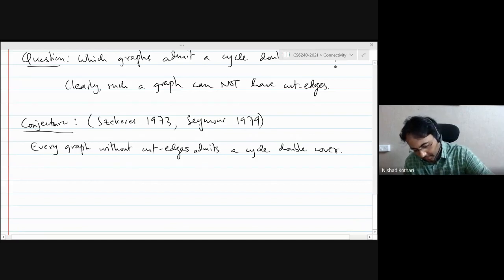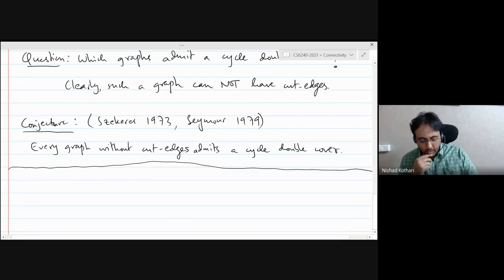So I just wanted to tell you about this conjecture. I don't know too much about the history of this conjecture, to be honest. Unlike, let's say, the 4-color problem, which we'll talk about later. And I'll give you some history because I'm aware of it. So I don't really know exactly how Szekeres and Seymour both independently arrived at this conjecture. That being said, the conjecture has connections with other areas of graph theory. The one I mentioned before, integer flows of a graph, which is covered in chapter 21 in Bondy and Murty, and it has connections with other topological areas of graph theory as well.